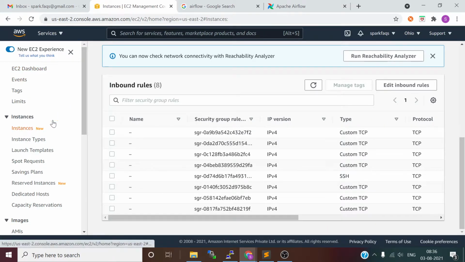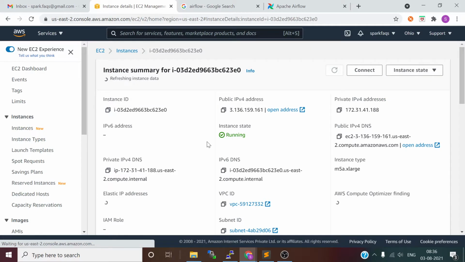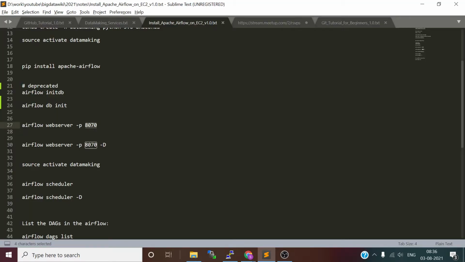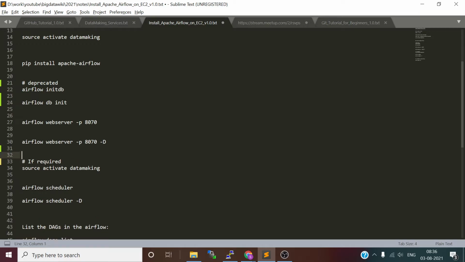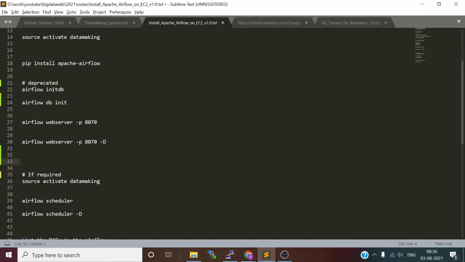I should be able to access it once I start the web server. If your virtual environment is not started, you can start it; if not activated, then activate it.